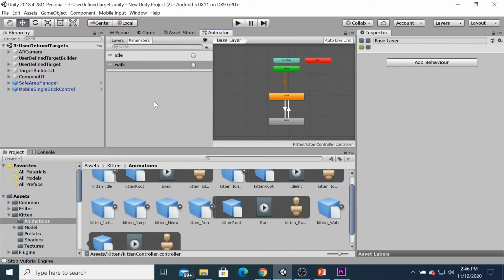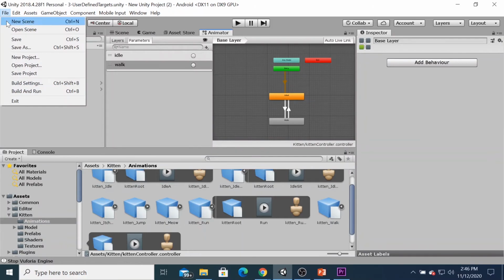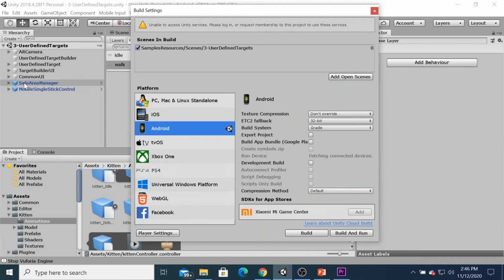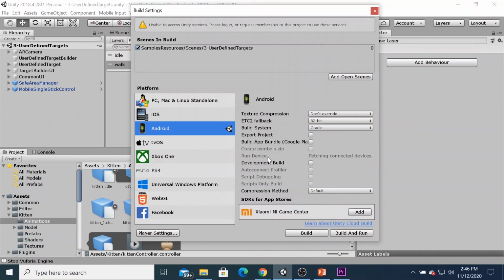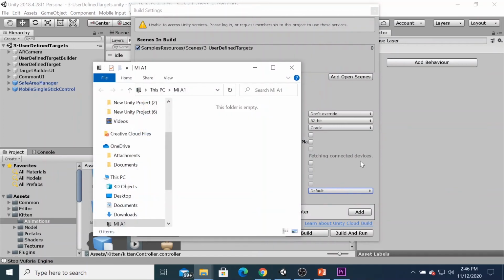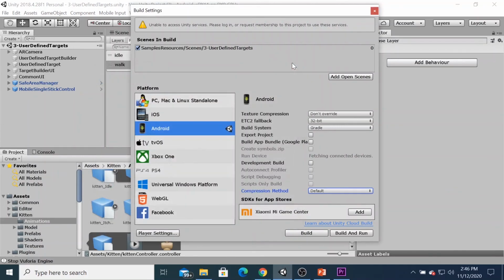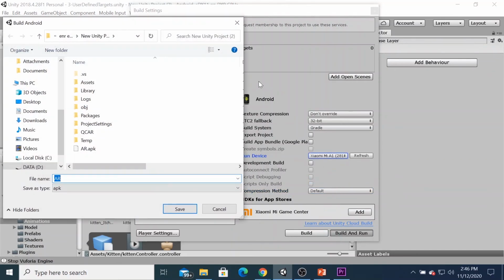Then you need to build and run. Before build and run, you have to make sure the setting, player setting, and so on. I already explained to you. For example, for the run device here, I have to refresh to make sure I can connect to the device. This is Xiaomi, and build and run.